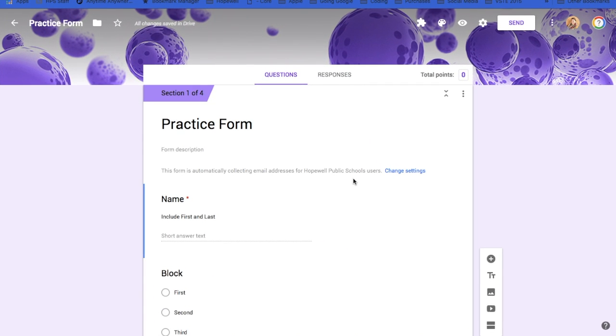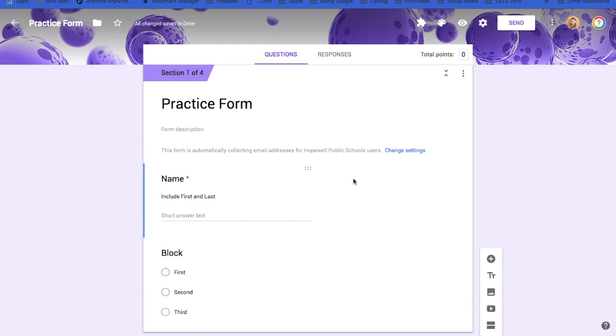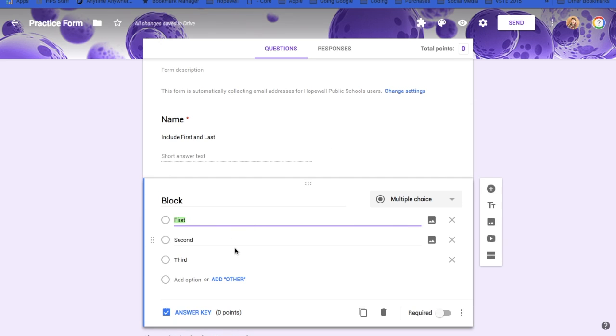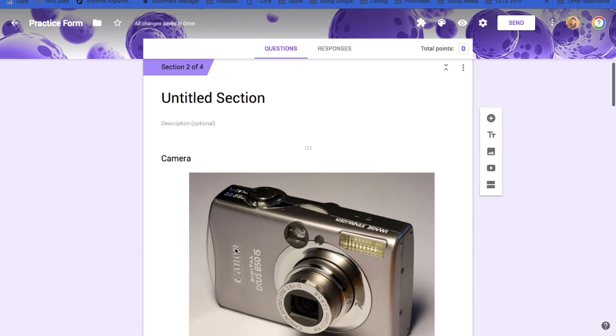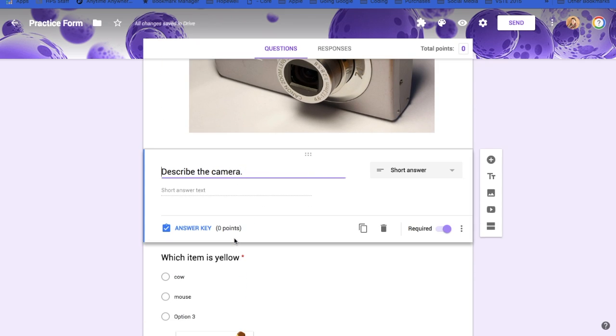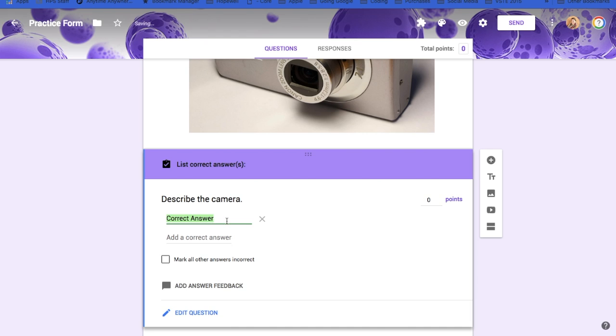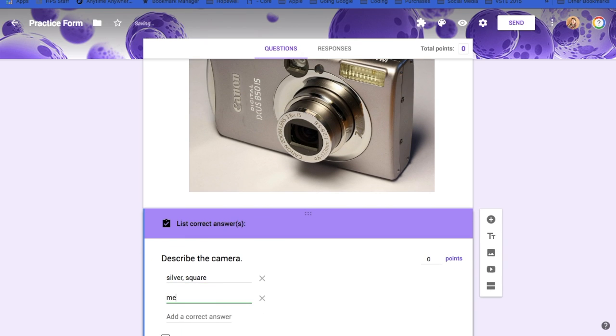So now we need to go through and assign point values for all of these that we've given. You'll notice up here now it says total points, and we can go in and add correct answers. So here we're not going to choose points for their name and their block, but here we're going to assign an answer key. So we can give some possible choices and add multiple things that we think students might add